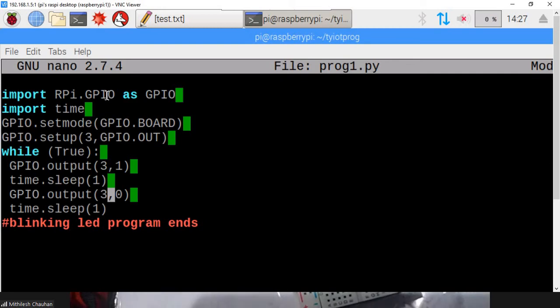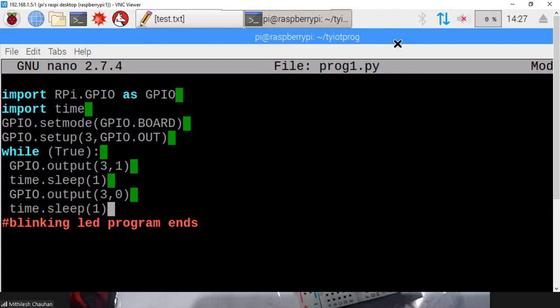So alternatively we are sending signal 1 and 0, and every time we are waiting for 1 second. This program will keep on executing: on, then delay means wait for 1 second, then off, then again a delay of 1 second.